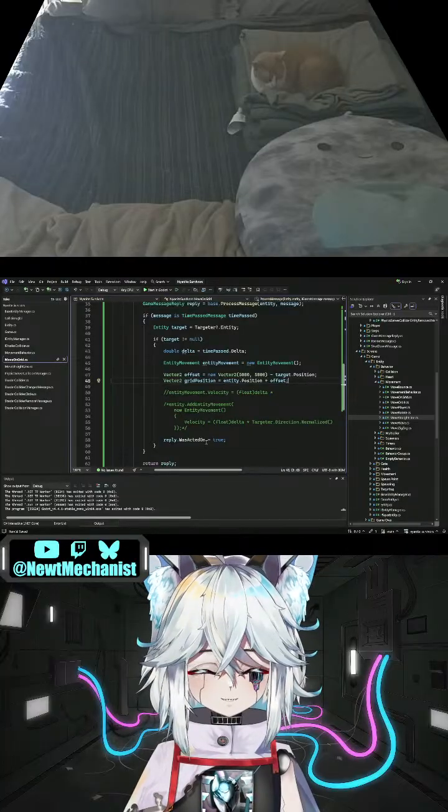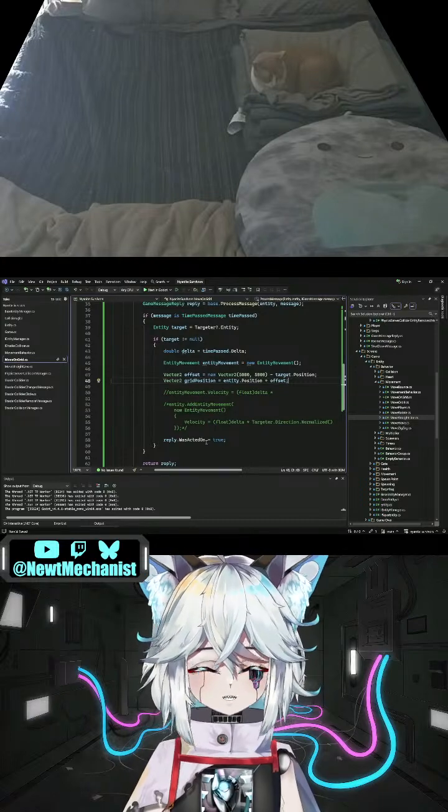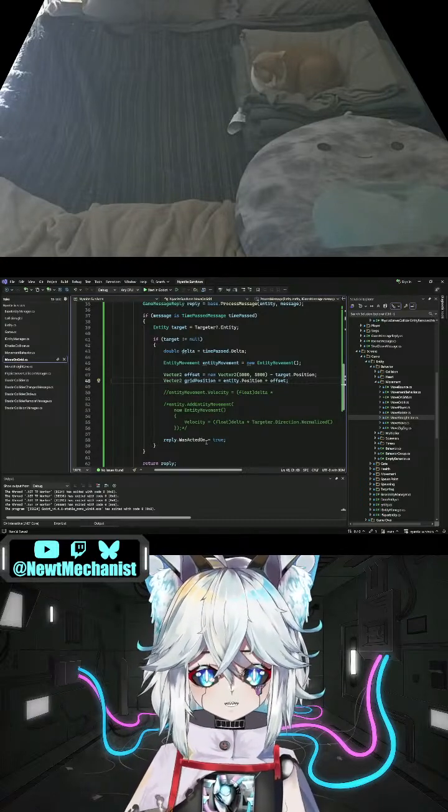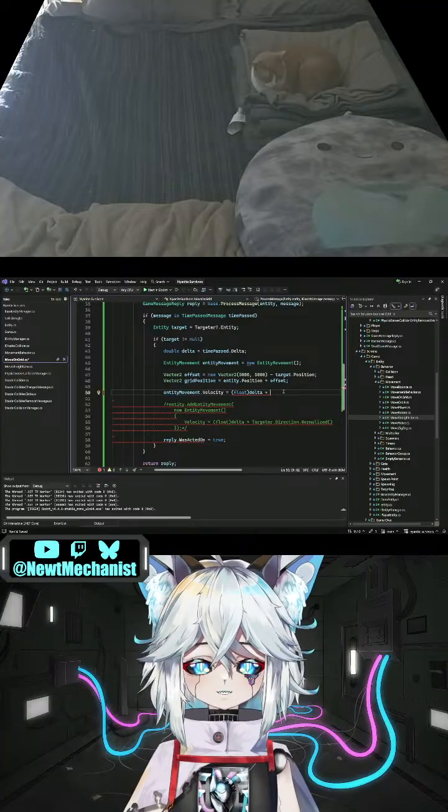So this is from the entity to the target. And if we add that offset to the other one, that gives our grid position. So now that is